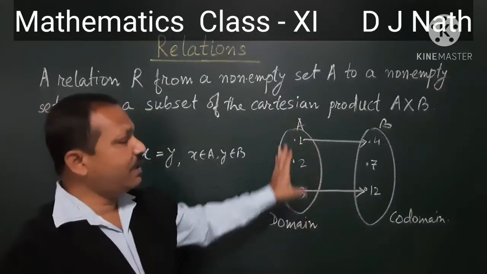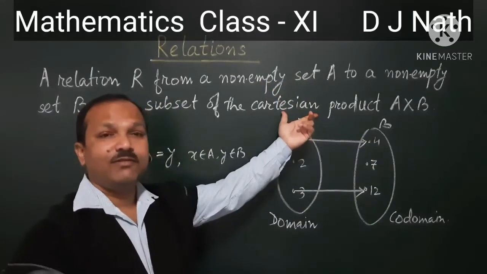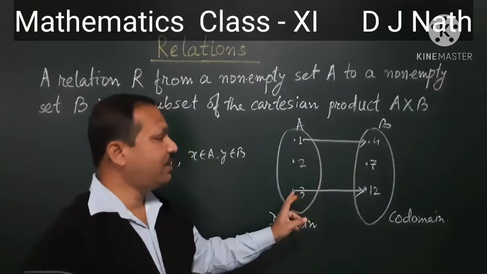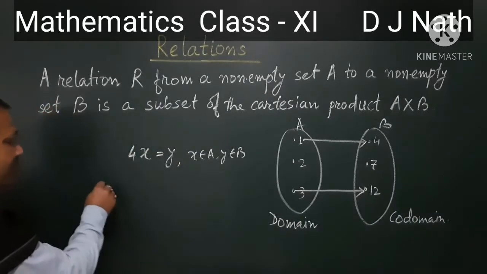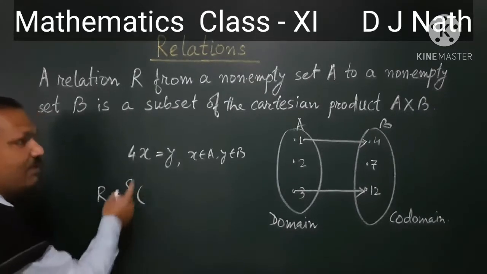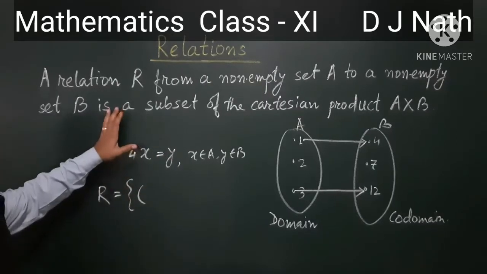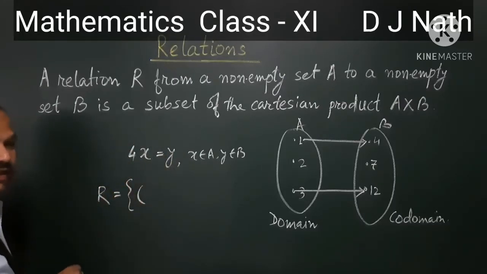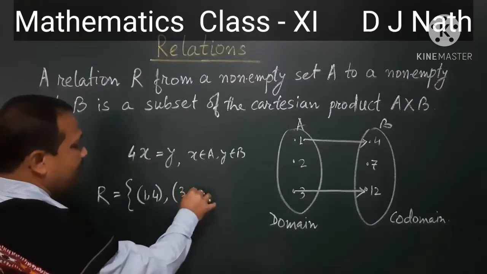So, though here there are 3 elements and here also 3 elements, in the Cartesian product it will have 9 ordered pairs. But in the relation, only (1, 4) and (3, 12) will be there. Okay? So this R can be written as follows. The same way we write the Cartesian product using ordered pairs, we have to write the relation also, but with the condition. With that, we will write those ordered pairs. So it is (1, 4) and (3, 12).